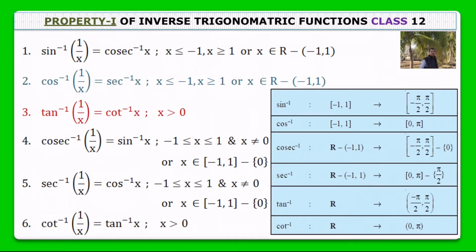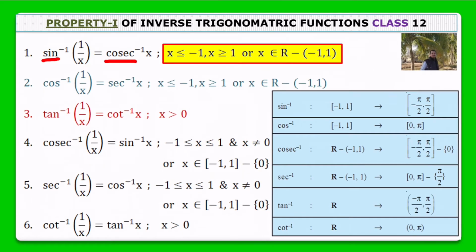The function sin inverse is defined on -1 to 1, and here observe sin inverse and cosec inverse x. Now observe the domain of cosec inverse x. The value of x will be from the domain, and we observe that in all these the value of x is not equal to 0.